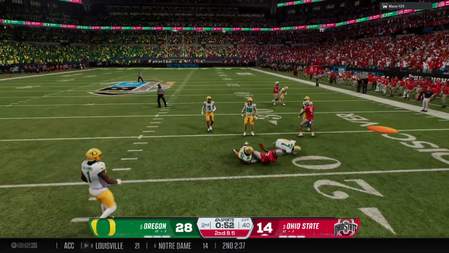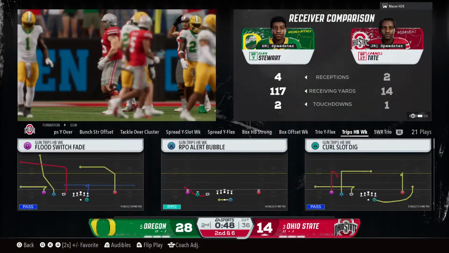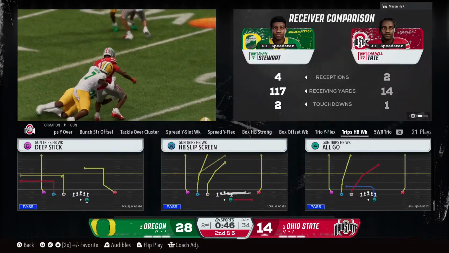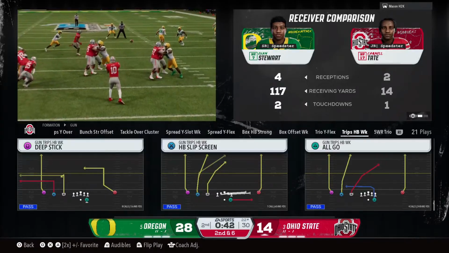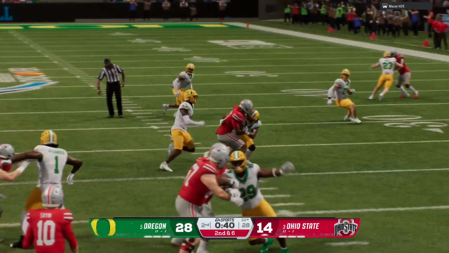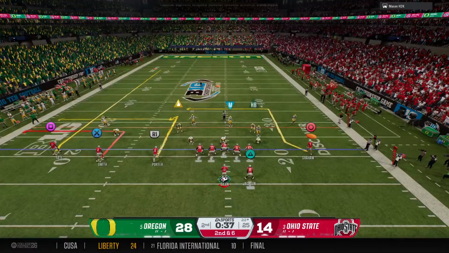Grab down the middle. It's Tate. Defense surrounds him. Just a short gain on that completion. Love the timing here between the quarterback and his receiver. Pick up some positive yards, and I continue to be impressed with just the chemistry between these two. What's the play call here on 2nd down for this offense?